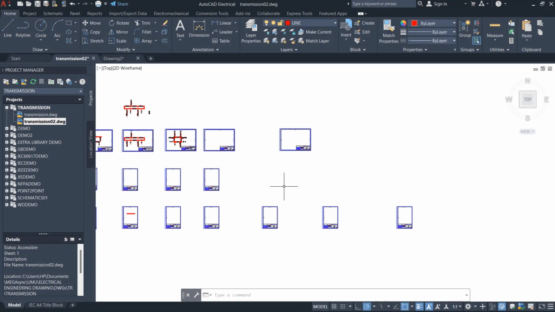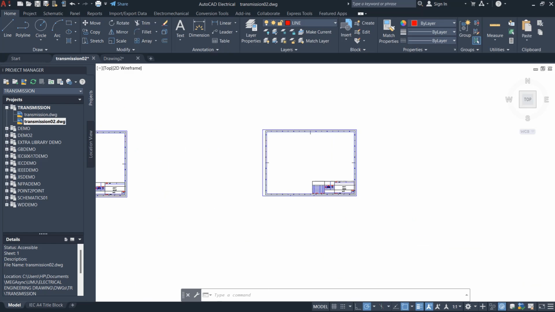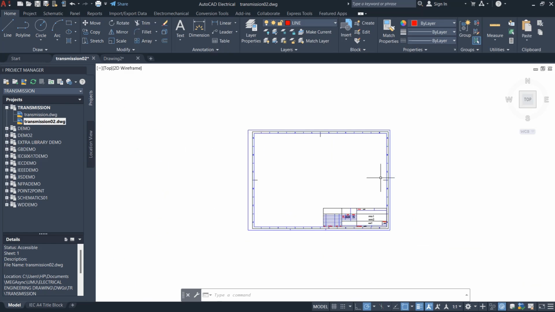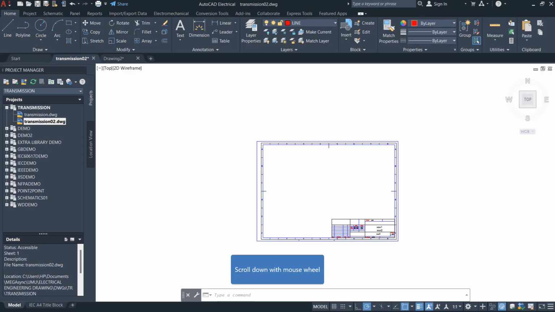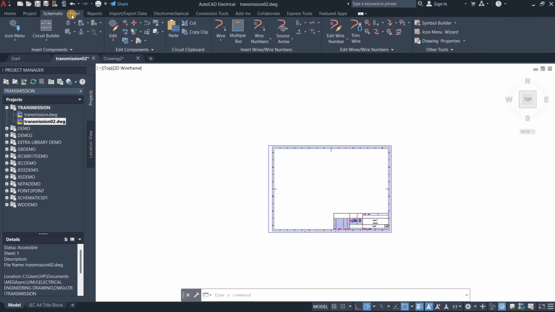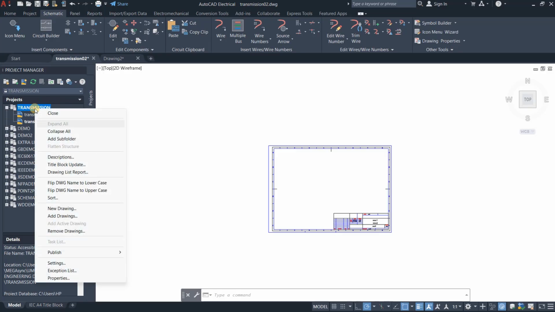So to start drawing, I will first add the symbols. I could merely copy the ones I already have, but I want to show you from scratch. So you go to the icon menu. Of course, the other details you already know. I showed you in the first, I think in the second video. When you have your project files within the project directory,